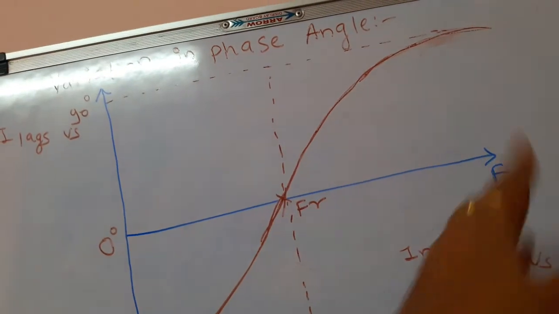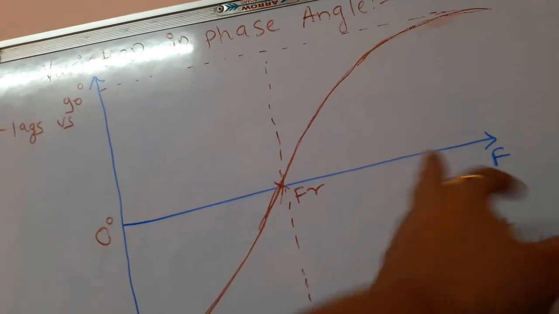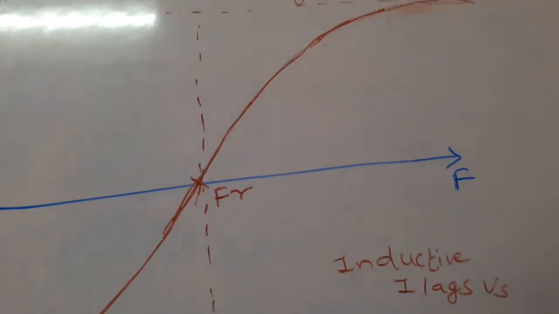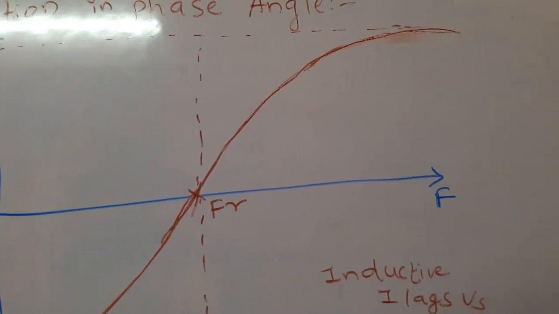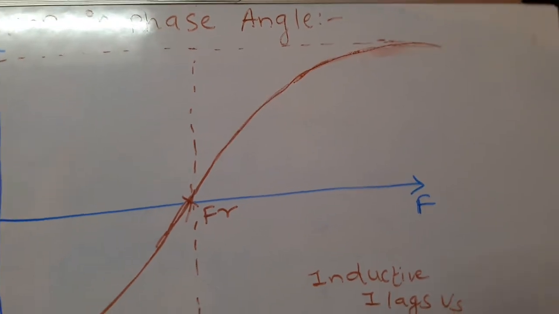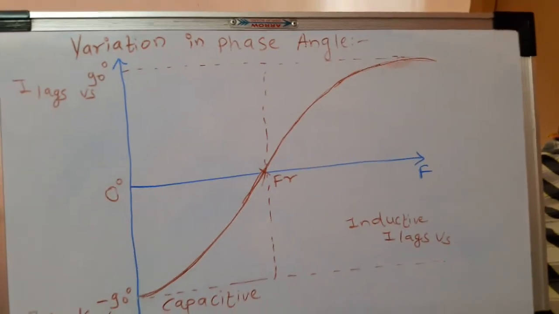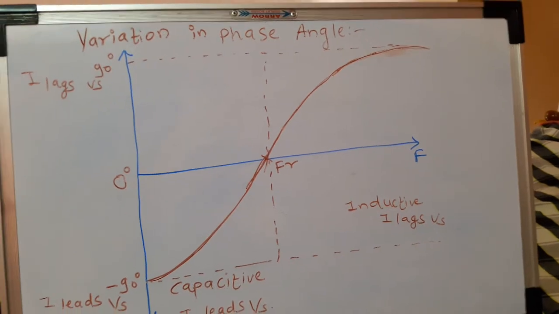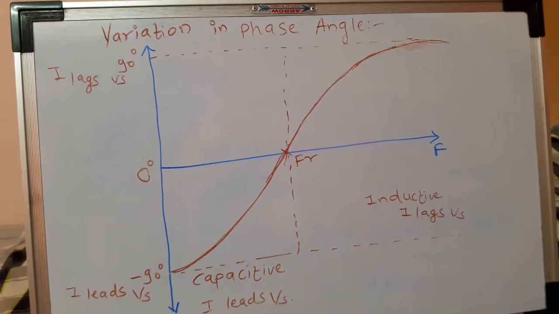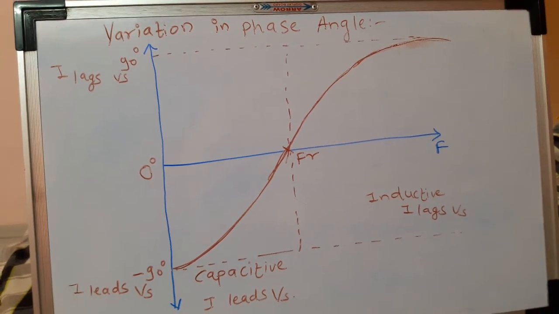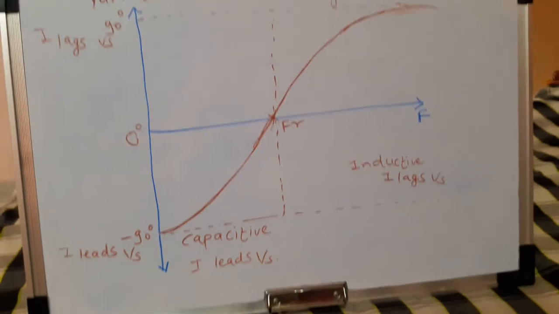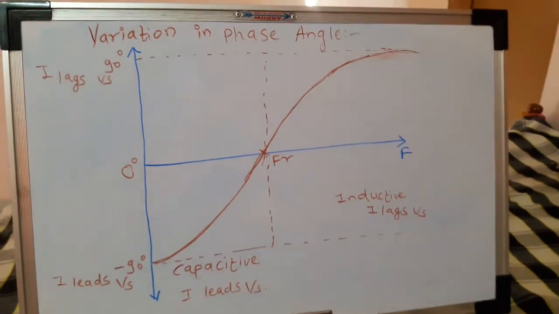Now we are going to increase the frequency, so we are moving to the right hand side part. In the right hand side part of the curve, what will happen? As frequency value increases, inductive reactance is more, because XL is equal to 2 pi FL and XC is equal to 1 upon 2 pi FC. So capacitive reactance is less. So the circuit is totally inductive for higher values of frequency.